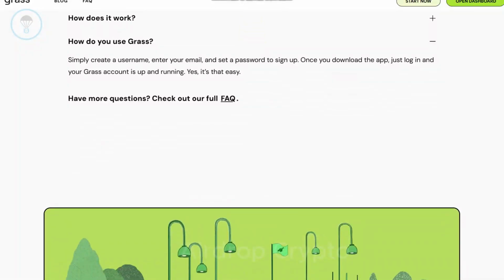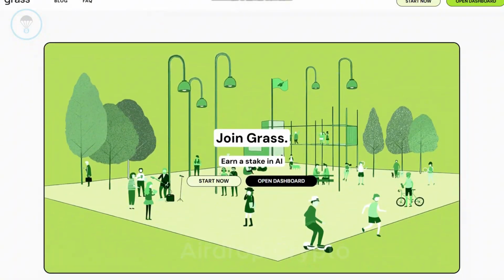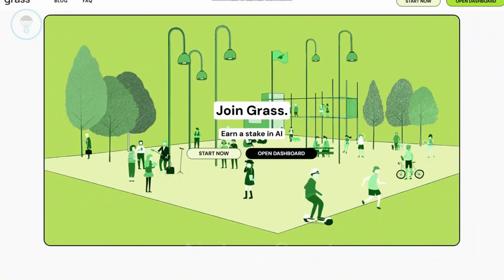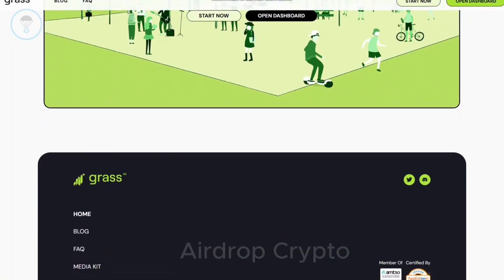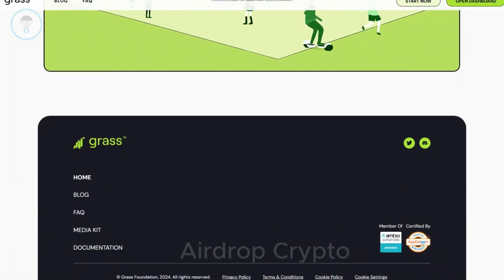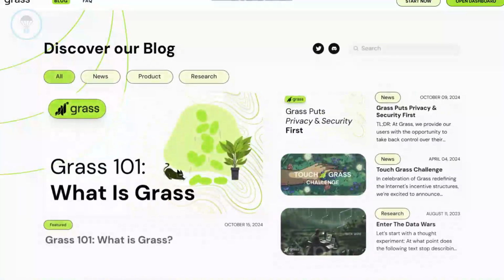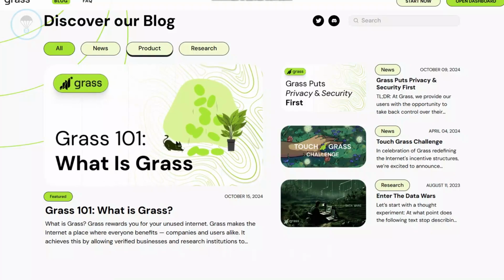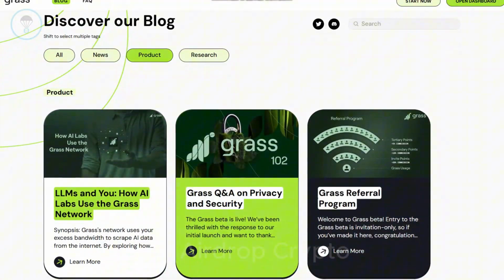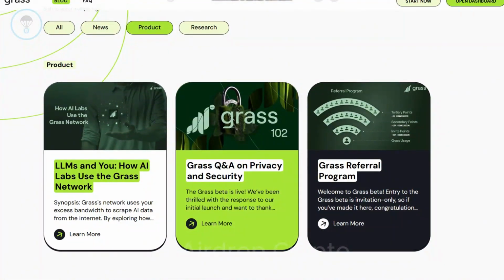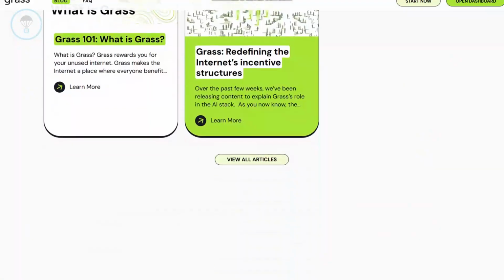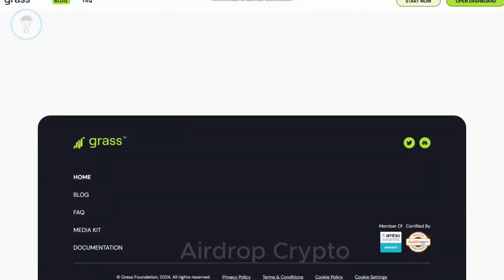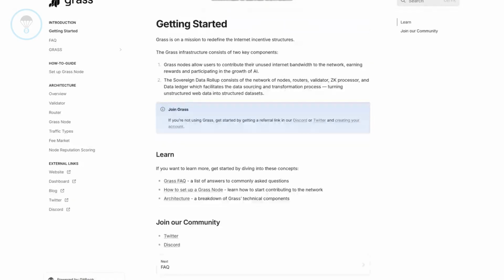The development team behind Grass, Wynd Network, identified a global surplus of unused internet bandwidth. Grass was created to harness this resource and provide bandwidth to companies and organizations, especially those in AI, who need it. All AI-related organizations purchasing bandwidth from Grass are closely monitored to ensure they don't misuse it or use it for illegal purposes. Grass commits to utilizing only up to 0.3% of users' bandwidth, which won't affect their internet speed as the system only activates when unused bandwidth is available.